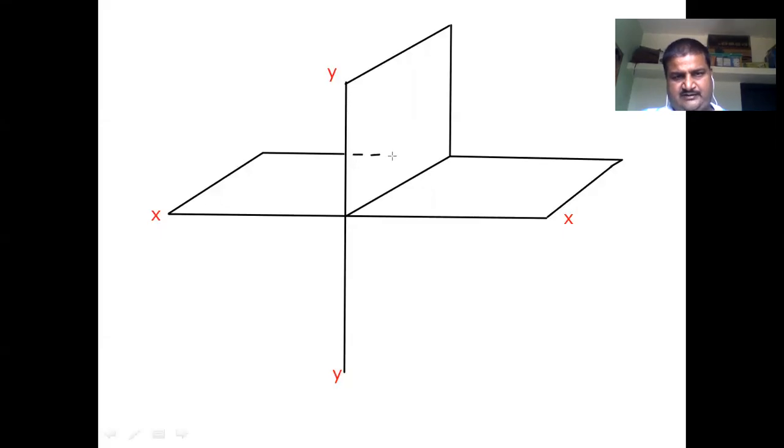This part we can draw with a dotted line. Why do I have to draw it in a dotted line? Can anybody give me an answer? This particular line, I have drawn with a dotted line. Why have I put it like this? So hidden part visible nahi hai. Exactly. This part is not visible, but it is there. And that's why I have used the hidden line.